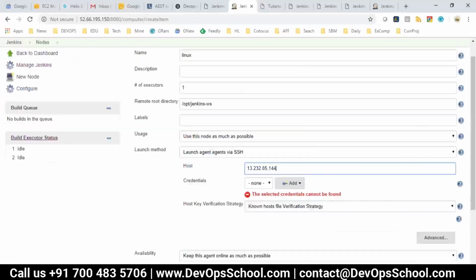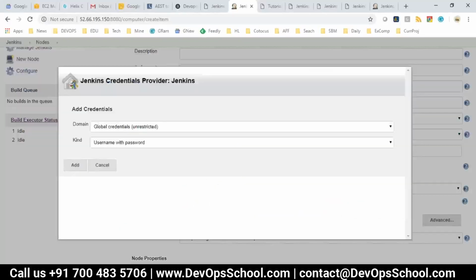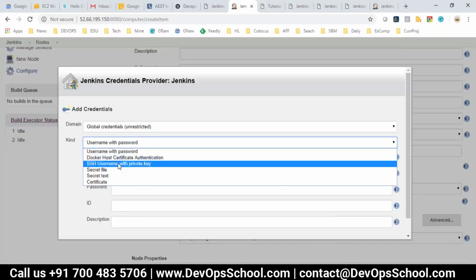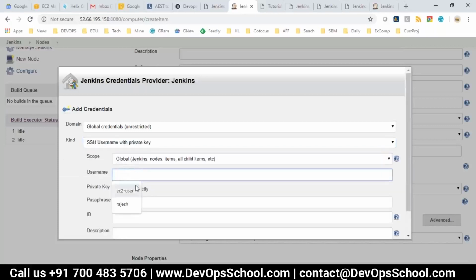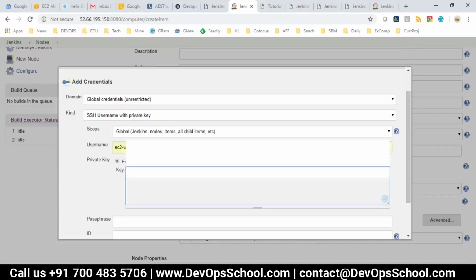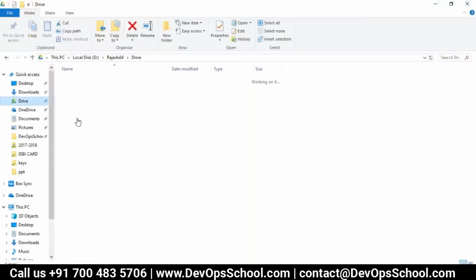So here I can add one in Jenkins. I don't have a password, I have a key, so I'll go for this one, SSH username with private key. And here the username is ec2-user. I don't want to locate the key file, but I have to insert it directly. So what I can do is insert it directly also. So I have a key